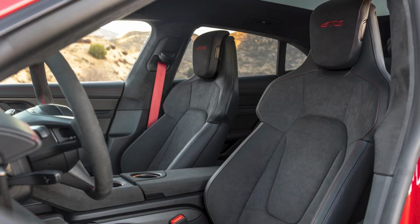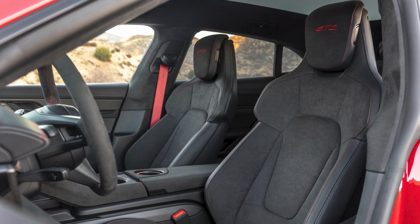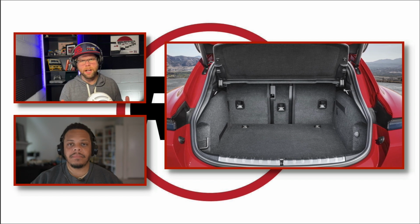Porsche did a different suspension tune for this, bigger brakes, because this is a performance car at the end of the day. And what is interesting, and we didn't hear it, is Porsche says they've tweaked that augmented sound that you can turn on in a Taycan, and made it a little bit different for the GTS variant. So it's got a distinct growl sound to it when you push the